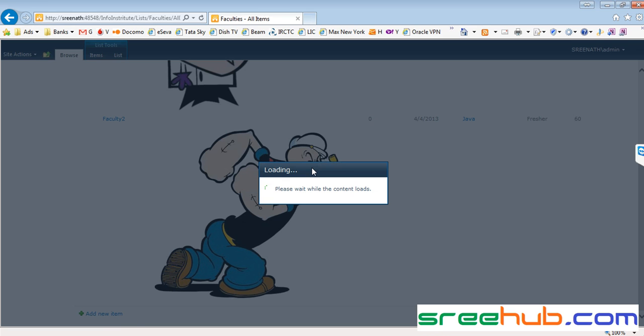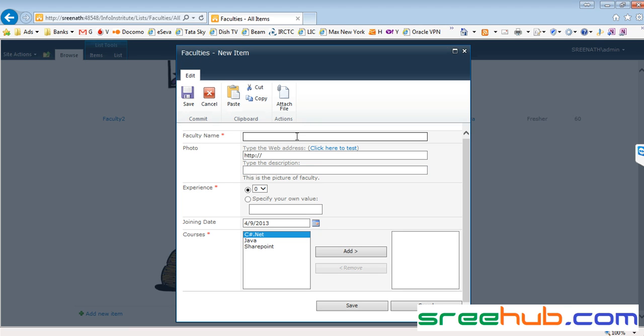You can see again everything here, like again it says faculty name. Let us give faculty name as faculty 3. Can you see here, it is asking for some URL. So here we gave some URL which is already saved in a host. We just took some URL from Google and we expanded that URL, and we just took it here. So that is how we took. Now today we'll see